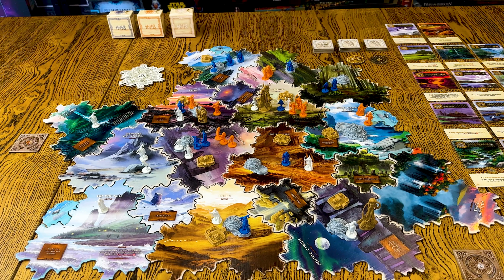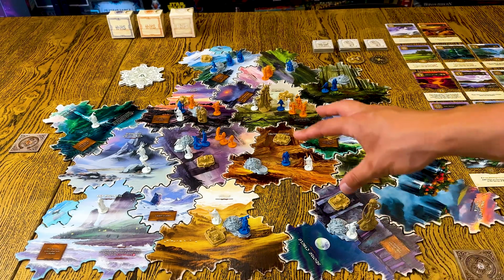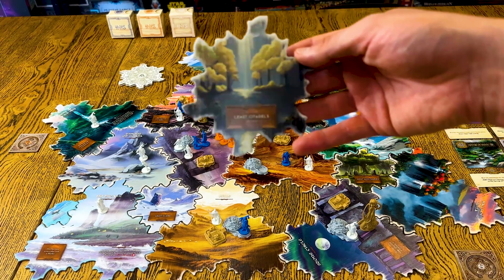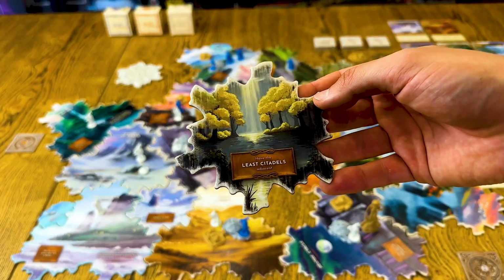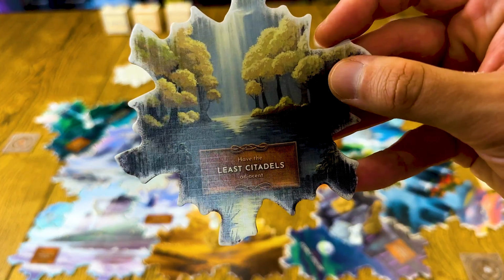And in this expansion we have 2 modules. So first of all, we have Nemetons. And this is quite interesting, especially that it forces you to build the map in a specific way. Because if you are going to build the map and this hole is created, this is the moment where you can place those nemetons. So again, we have a deck of these. As you can see in here, we have